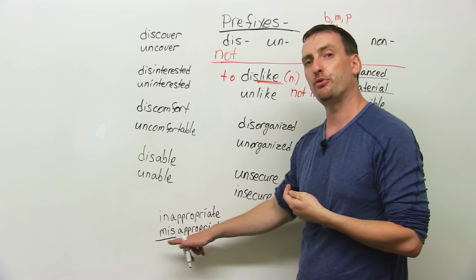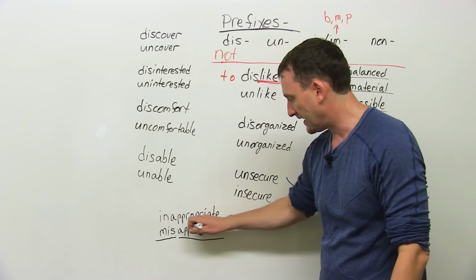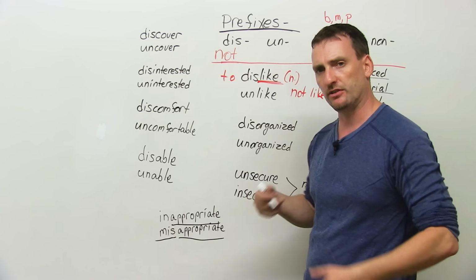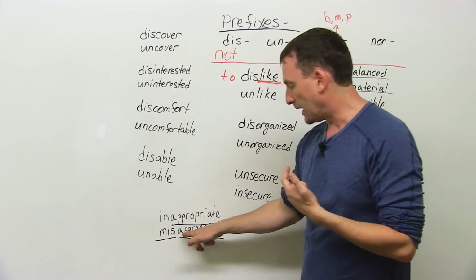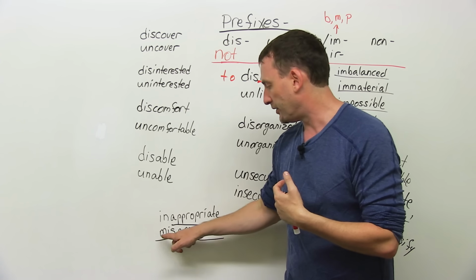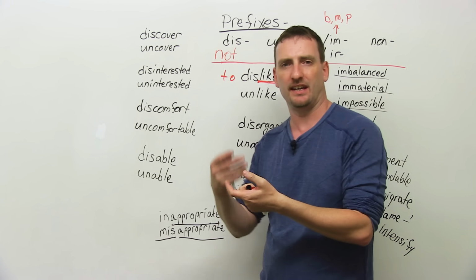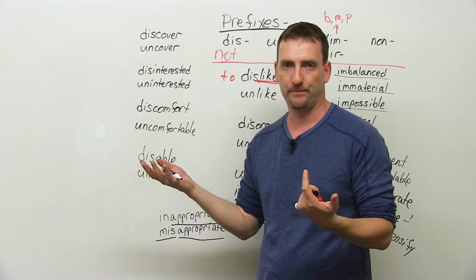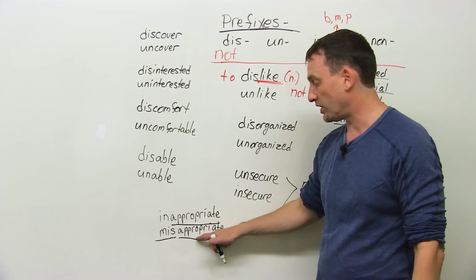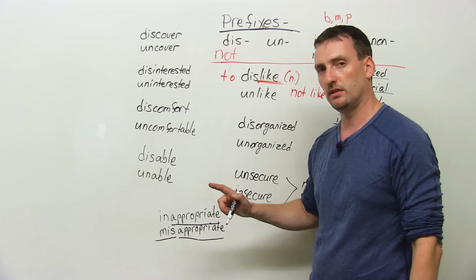Inappropriate, misappropriate. This word and this word are two different words. This is an adjective, means correct or proper. Appropriate is a verb, means take. If you misappropriate, you take something in a dishonest way, in a wrong way. Okay? So be very careful about "mis" and make sure you understand which word you are using before you add